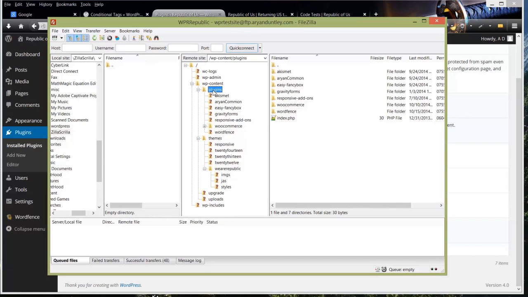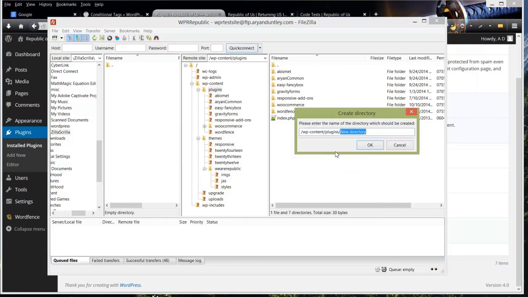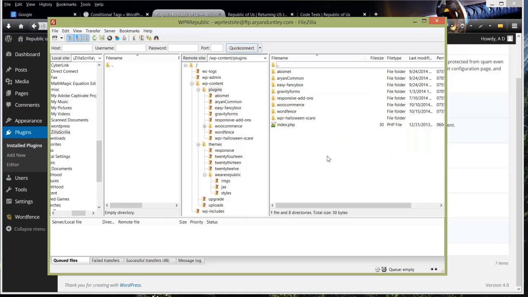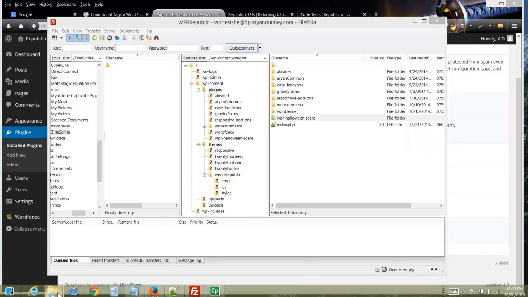We'll go to our plugins folder in our wp-content directory, and we're going to create a new directory, and I'm going to call this one WPR Halloween Scare. And from there we need to create our